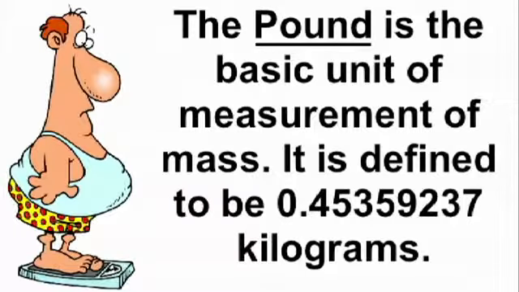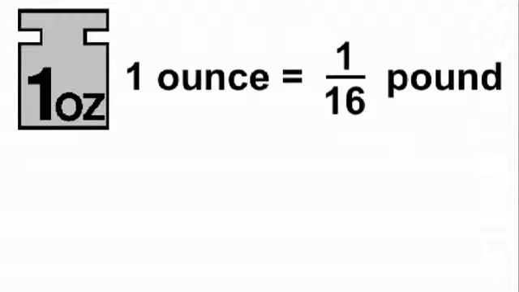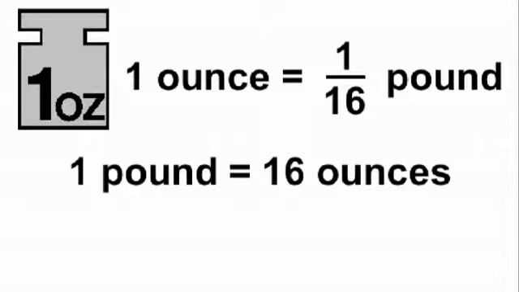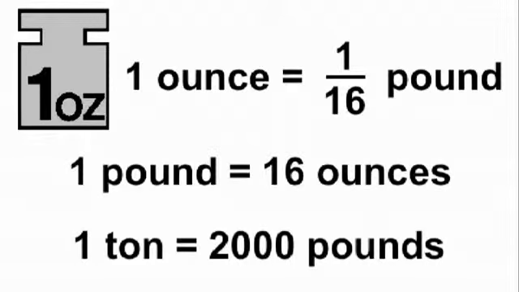The pound is the basic unit of measurement of mass. It is defined to be 0.45359237 kilograms. 1 ounce equals 1/16 of a pound. 1 pound is equal to 16 ounces. 1 ton is equal to